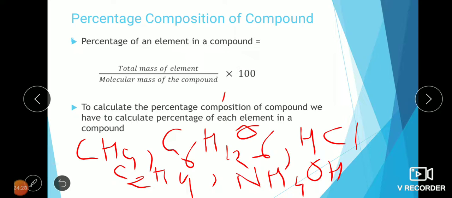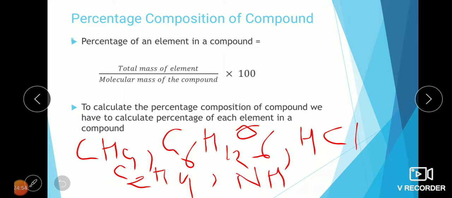Now, I hope, my dear students, that we are well on the same page. We know what symbols are, we know what the chemical formulas of a compound are. We can derive them with the help of valencies. By deriving the chemical formula, we can also calculate the molecular mass of the compound. This is a stepwise method of understanding chemistry.